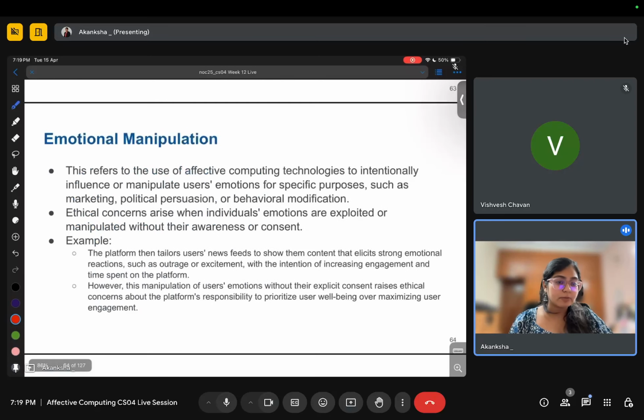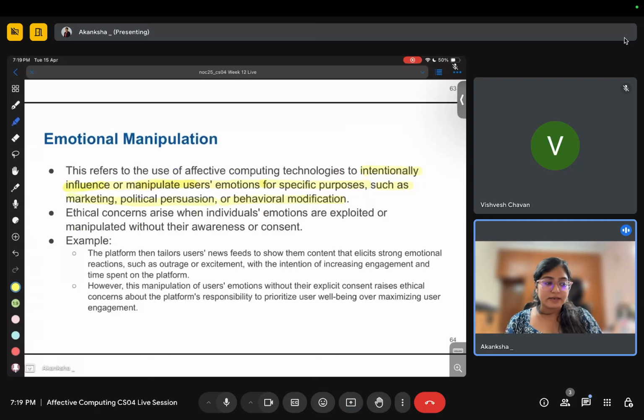Emotional manipulation, we have discussed it a lot of times now. The agent tries to intentionally influence or manipulate users' emotions for specific purposes such as marketing, political persuasion, or behavioral modification.